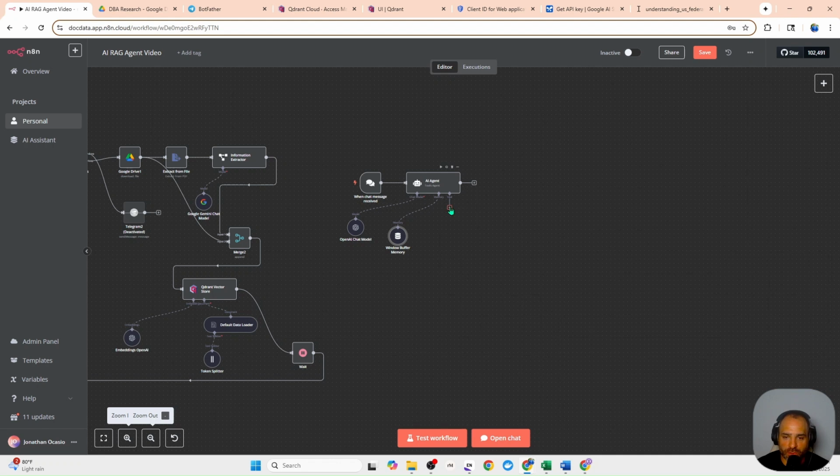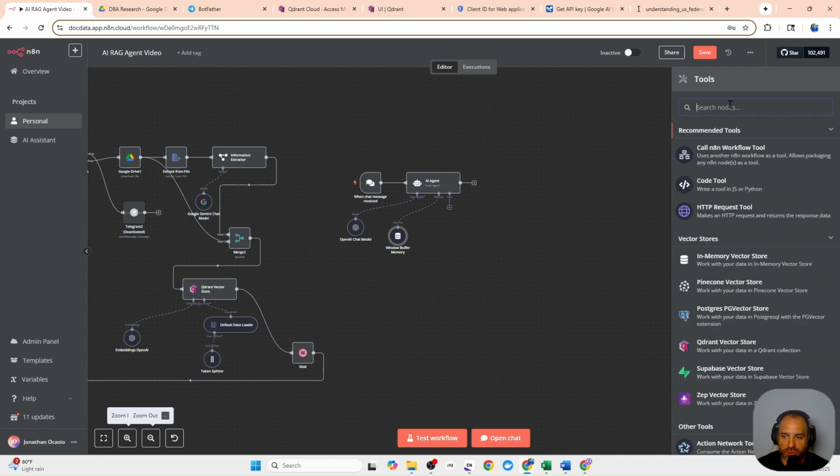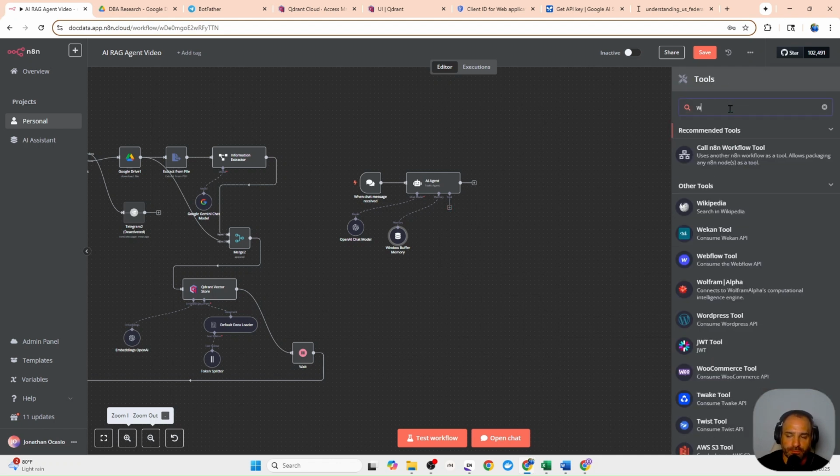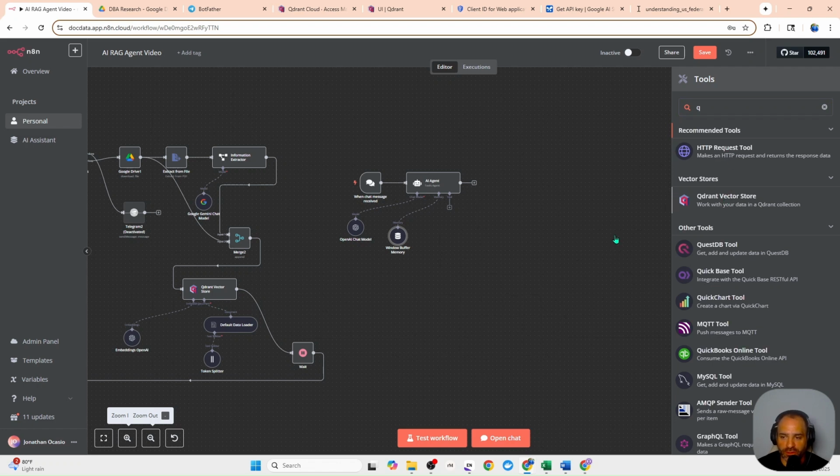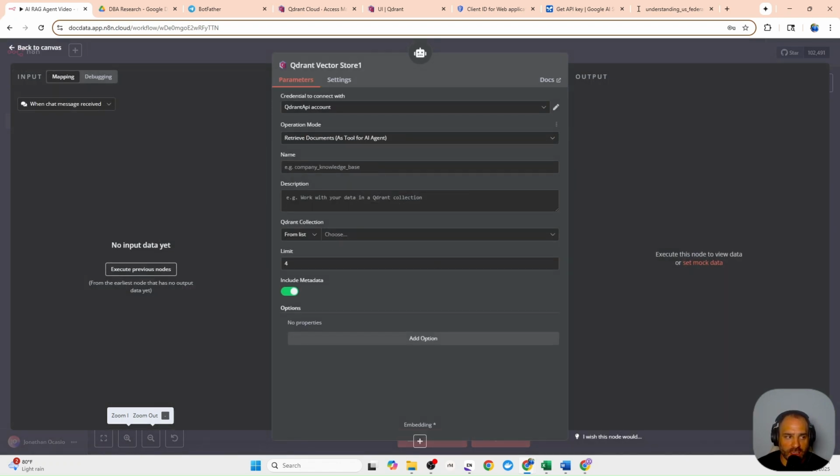The next thing we're going to do is set up the vector store. So now we're going to hit Qdrant, the Qdrant vector store. All we need to do is a simple process of retrieve from the agent. We want to name that agent, so this is going to be from our chatbot. We're going to retrieve information